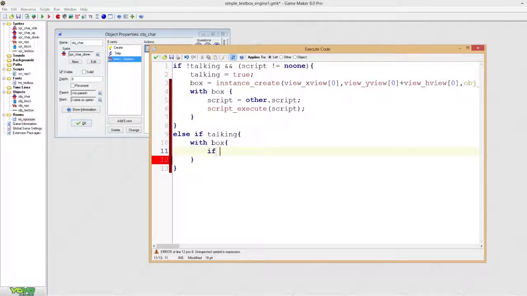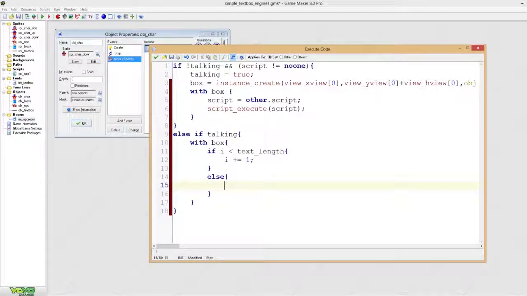So if I is smaller than text length, right here is where you would normally say like array length 1D, whatever that array is called, text in this case, if you're using a newer version of GameMaker. Then increment I. Also, in newer versions of GameMaker, I'm pretty sure you can just do I++. Else, so if I basically has reached the end of the length of that text, so if we're on the last page of text,